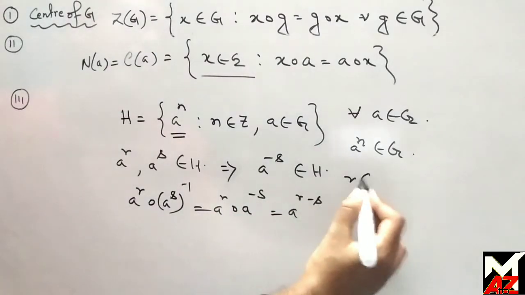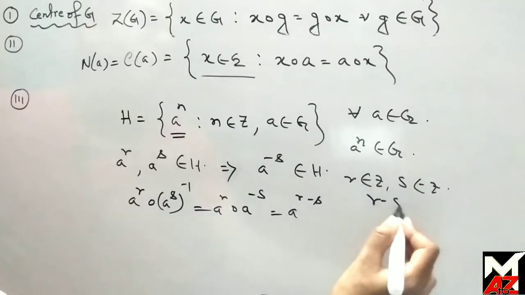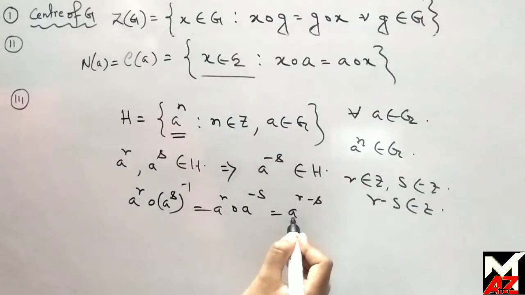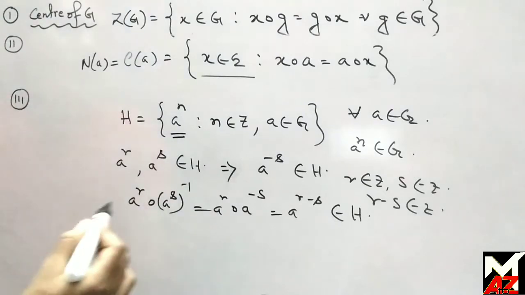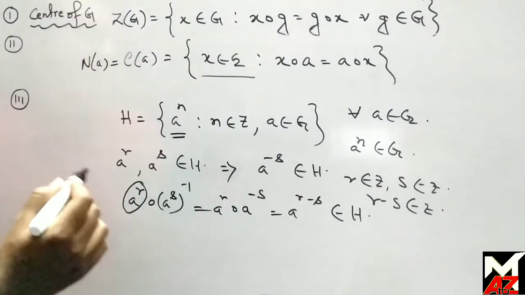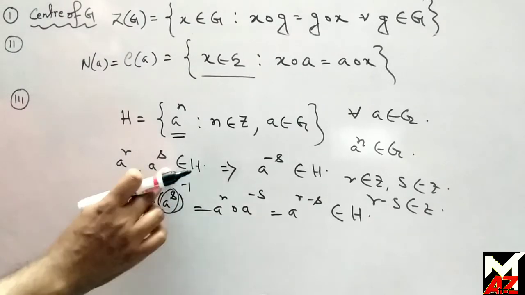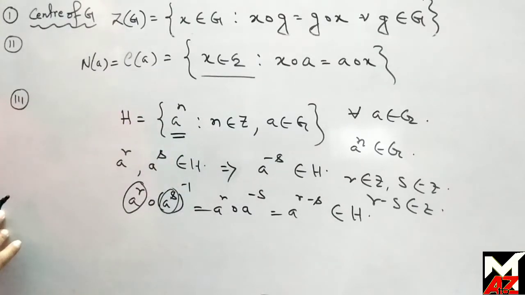Since R belongs to Z and S belongs to Z, R minus S obviously belongs to Z. So we say that a to the power R minus S also belongs to H. Taking this element as A and this element as B, A composed with B inverse belongs to H if A and B belong to H. So we say that H is a subgroup of G, and this subgroup